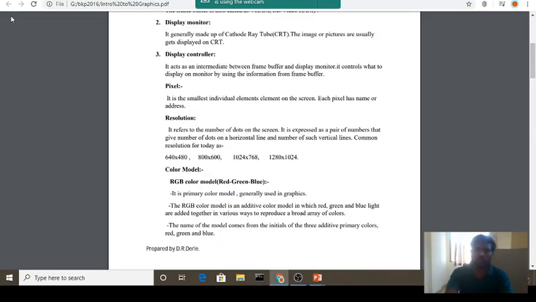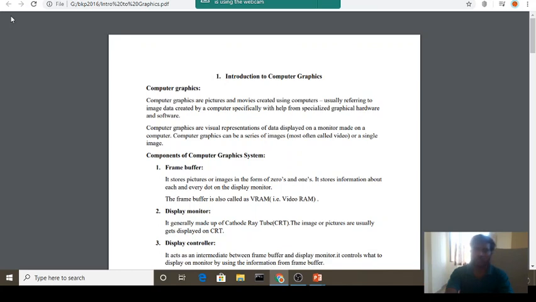Today I want to introduce one topic, and that is Introduction to Computer Graphics. As we know, currently we are using various applications, whether on a laptop, desktop or anything else. We require animations, graphics, as well as multimedia data. Multimedia includes audios, videos, images, as well as some animated pictures.